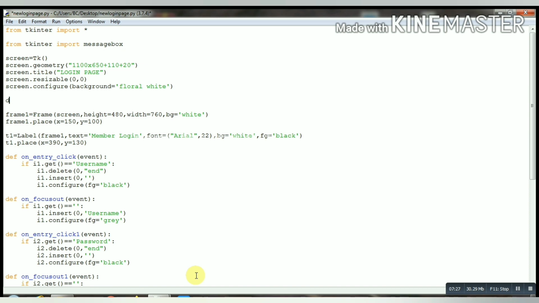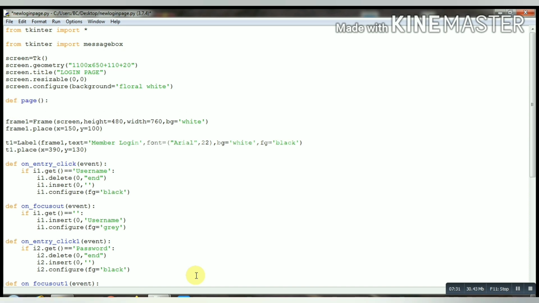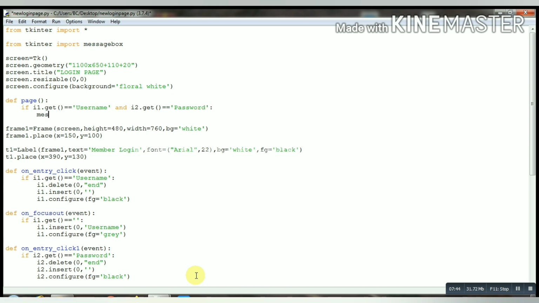After that we will define page, we make our function. If I1.get equals username and I2.get equals password, meaning the user hasn't written anything and clicks on the login button, then it will show messagebox.showerror, please fill out these fields.